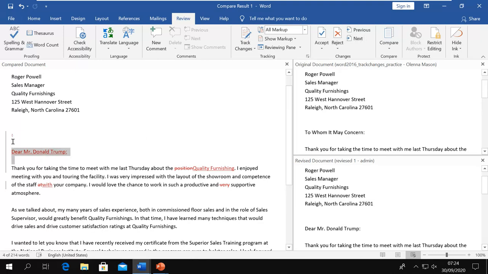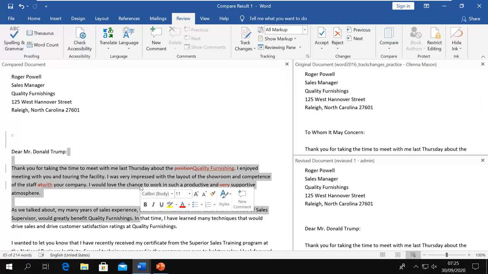Do you want to accept this? Because I deleted that one, I have to accept this one. I say accept. Then it goes on to the next change, and so on. After accepting and rejecting all those changes, finally you can save this document, which is your revised one from the original and revised document.